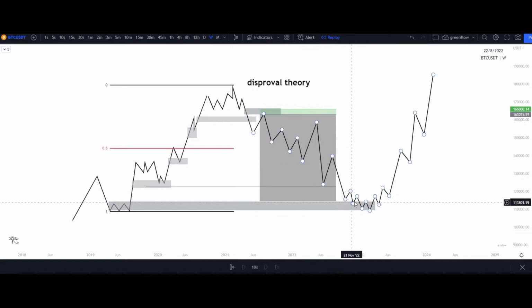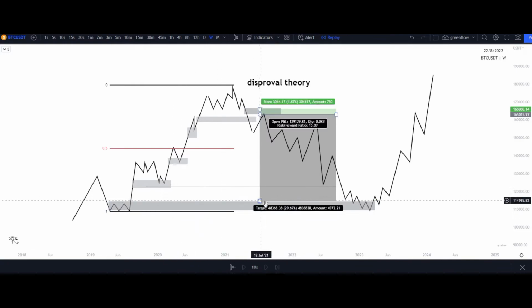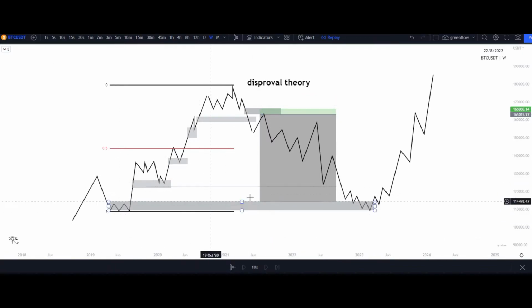Let's say it comes all the way down here, it accumulates and then distributes again. That's completely fine as well. What does that mean? That means I'm still in profits, because I took it to a feasible area. I'll be completely fine if I'm taken out of this trade and it continues to the upside, because I now have that feasible take profit within an area of demand that caused a new high within discount and created liquidity as well. More reasons to show me that price wants to move to a certain place. It's literally like following price, creating a path or a roadmap for price, and then price starts to respect that or deny that.